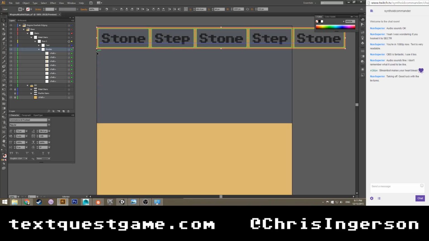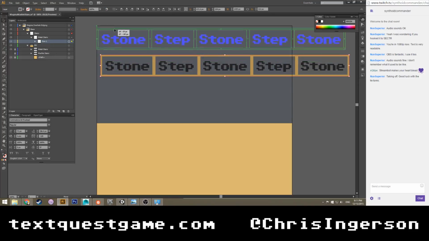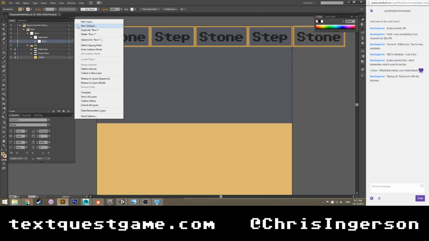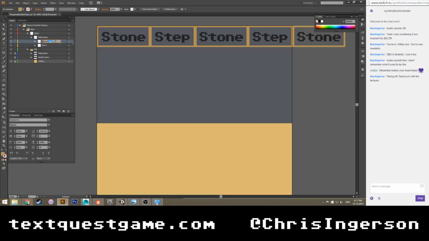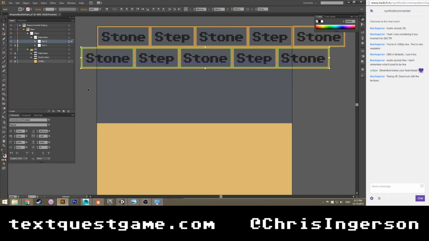So what we can do is get all that, rename this row 1, and add a space because I like to make things clean. Select this. Let's move you way down here, then move you back up here. Great. So now we can start duplicating. So duplicate row 1, call it row 2. Select that, lock the first one, move this down. Just move this to about here. Move it left, left, left. Right about there. Perfect.